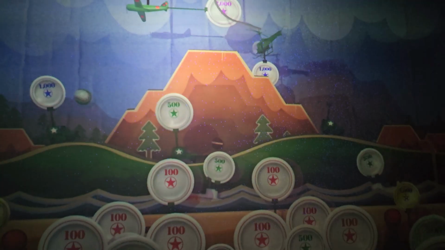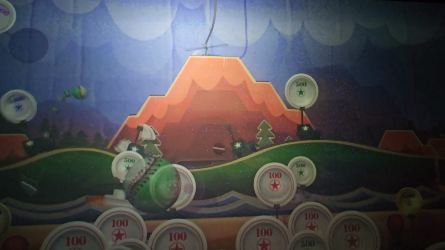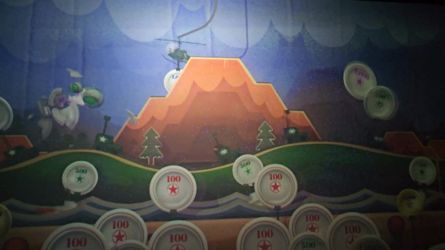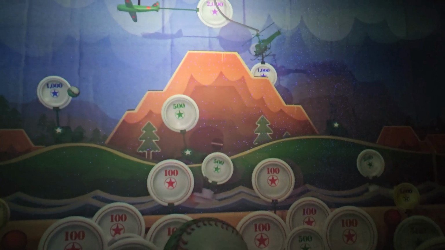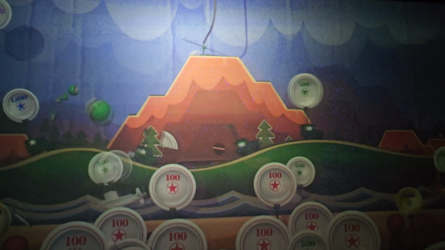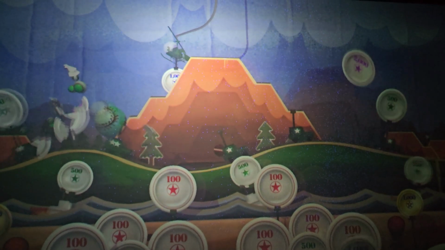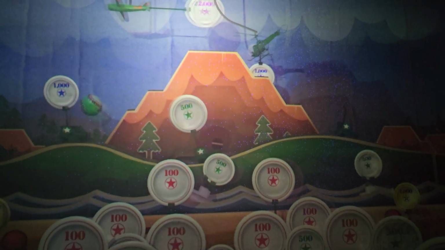To maximize your points, shoot your baseballs on the left side to hit the 500 and 1000 point plates before the 2000 point flying plates appear. You're going to want to pre-fire in the gap between the mountains on the left side, so when the first flying plate spawns, you can quickly break the left plate and then catch the plate on the right as it's